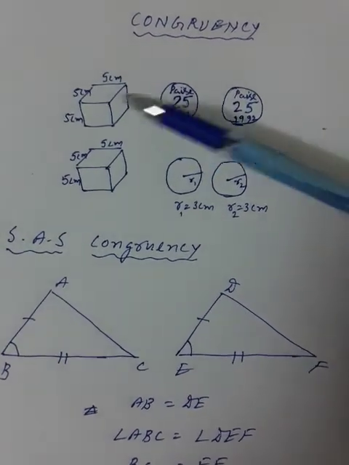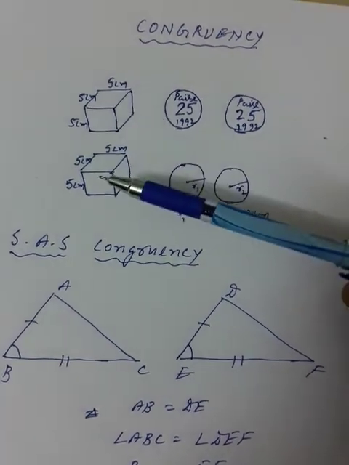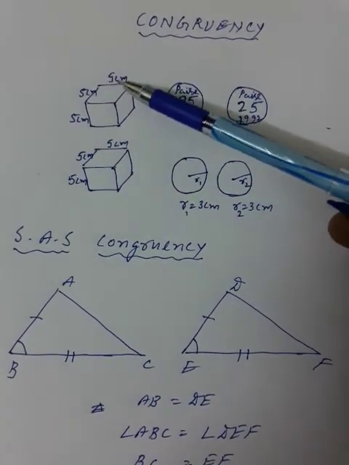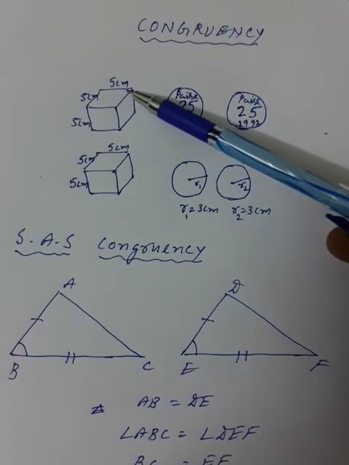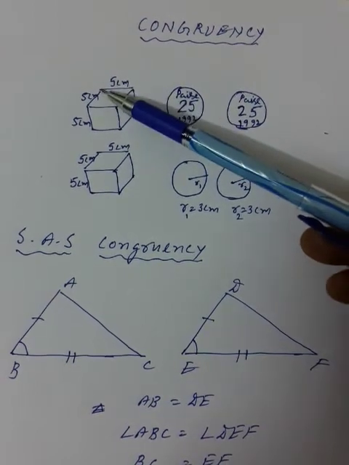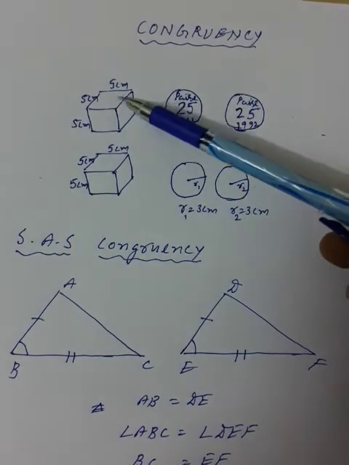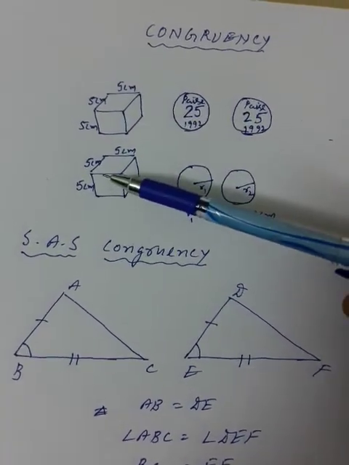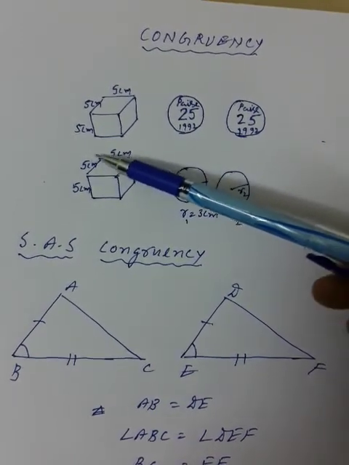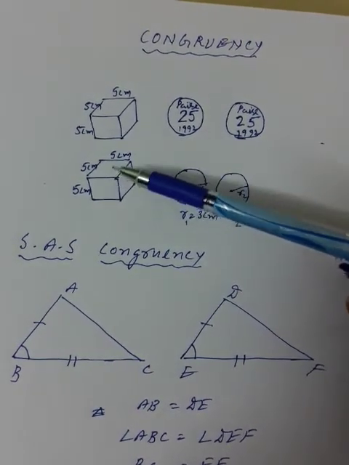Suppose if we take two cubes, one cube is red in color and this is green in color. Although color is different, suppose dimensions are same. Suppose this cube has got 5 centimeter length. Here this side is 5 centimeter, this side is 5 centimeter, and this side is again 5 centimeter. So all the sides of the cube are equal. And then the second cube also has the same equal sides, 5 centimeter, 5 centimeter, 5 centimeter. And suppose this is red in color, this is green in color.